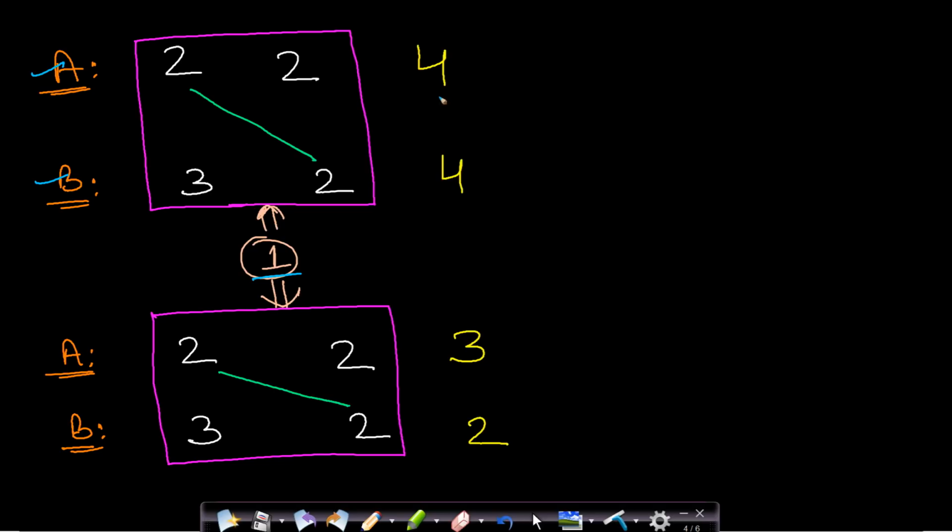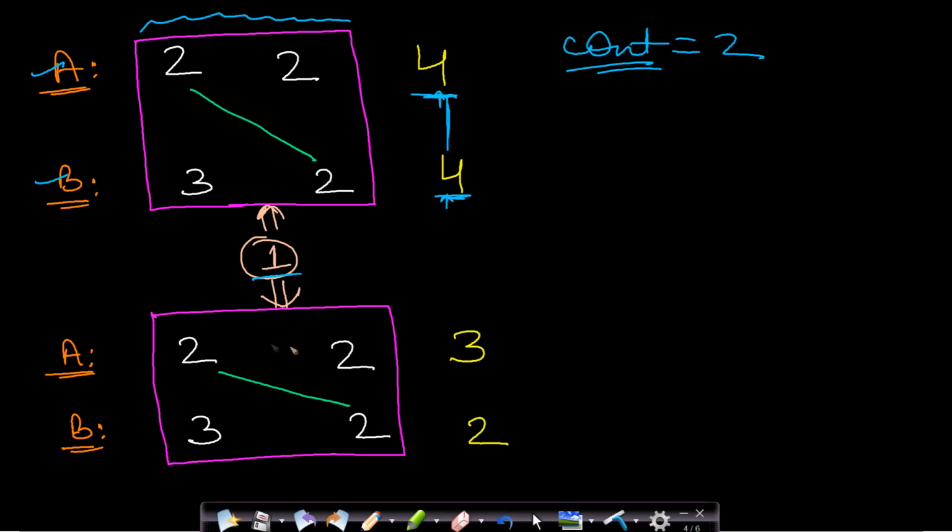So in this case, if these elements are equal, then they will surely increase the count of the number of uncrossed lines, because you had already found the number of uncrossed lines using two elements of A and two elements of B. And now if you are adding the same element in A and B, then we can draw a line here and we can say that the number of uncrossed lines have increased by 1. So in this case, count will be equal to 2. So if the new points are equal, then count will definitely increase by 1. Now what happens if the values are not equal? So in this case you can see that this 3 and 2 are not equal. So they might or might not increase the count of the number of uncrossed lines. So let us see what happens.